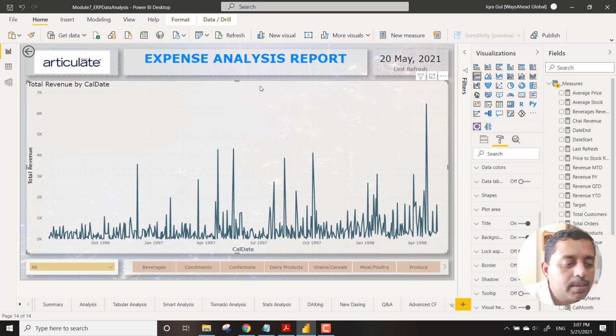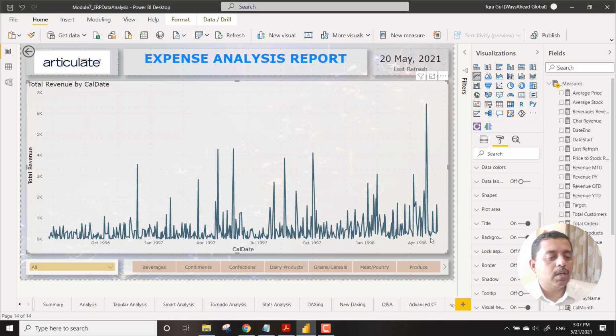Then you go to this particular section, and you see that out of the entire set of data from 1996 to 1998, the company has seen a spike in almost 8 to 10 instances. So if we talk about 2 years, or maybe not 1,000 days, maybe 600 data points we have. We can count it at any point of time. Out of 600 data points, we see around 6 spikes.